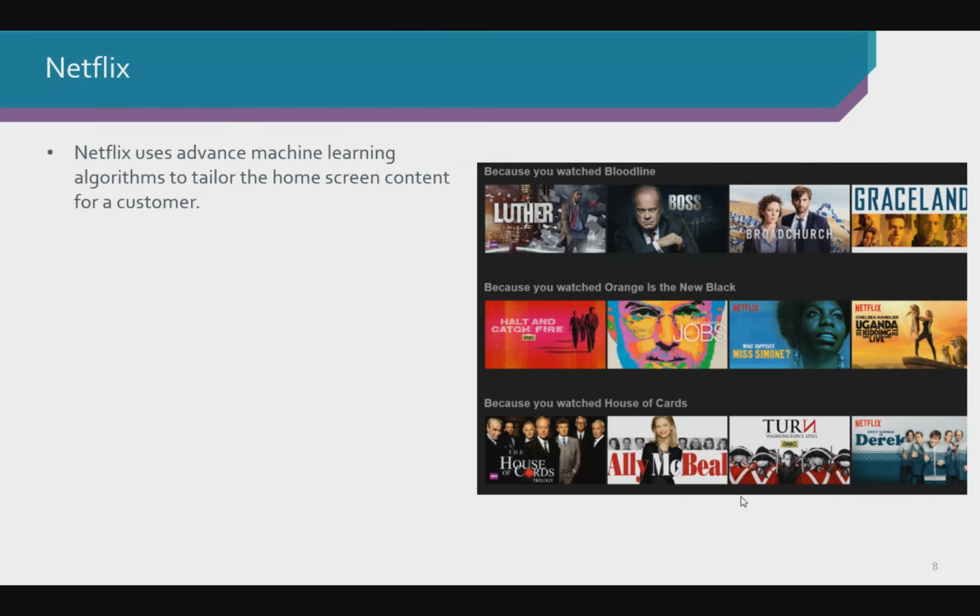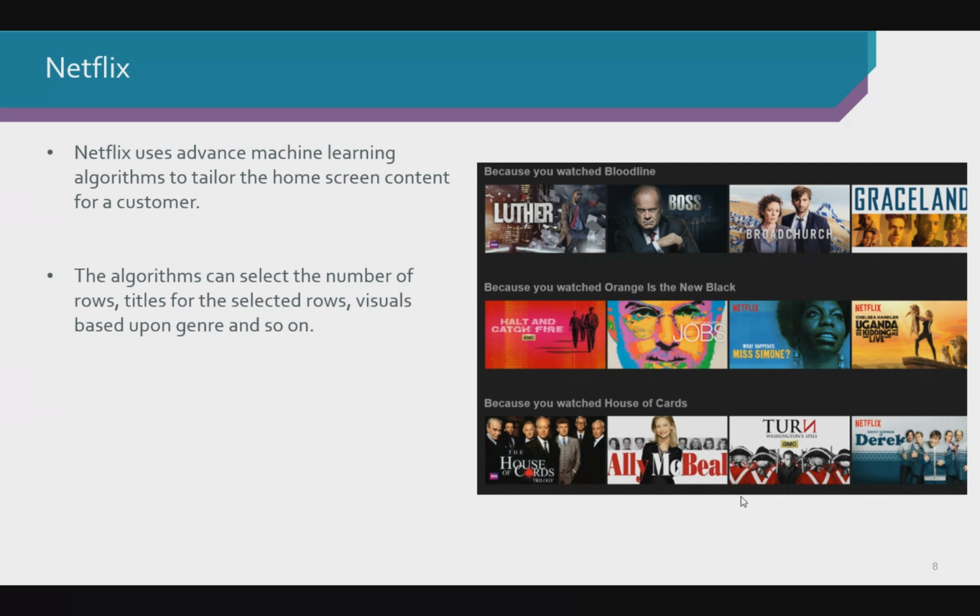Let's look at Netflix. Netflix uses advanced machine learning algorithms to tailor the home screen content. Most of the time, if you look at the screen on the right-hand side, it is suggesting that because you have watched so-and-so, you may be interested in such a show.